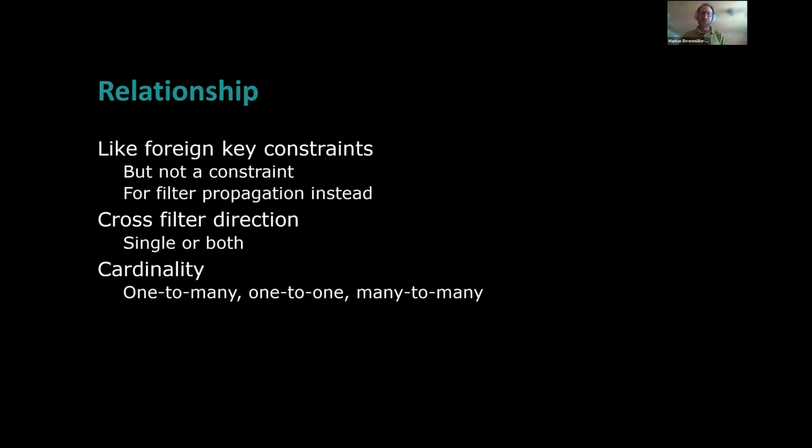And the cardinality is also very important. We can have a one-to-many relationship, a one-to-one or a many-to-many relationship. A one-to-many relationship would be like one customer can have hopefully many sales, many rows in the sales table. Maybe there's also one customer who is quite new who only has one row in the sales table, or not even a row because the customer just registered. Again, this is the default and this is what you should aim for.